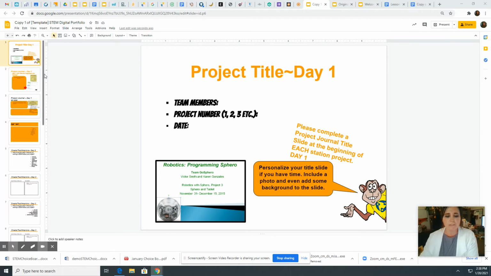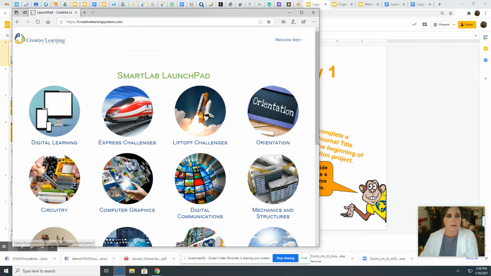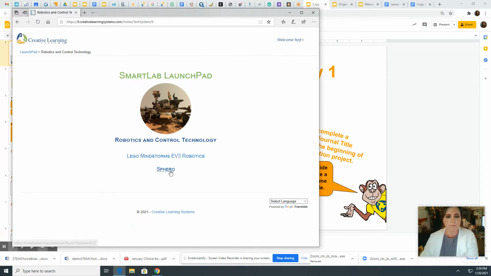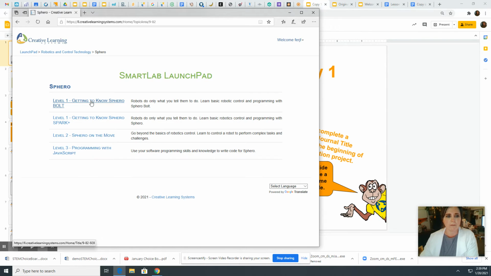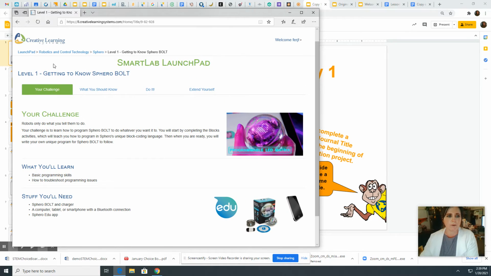In Exploration Day 1, you're going to pull up your Learning Launcher. For this example, I've pulled up from the Launchpad the Robotics Learning Launcher for Sphero. Remember, I'm going to start with level 1 and make sure I read the tabs in my Learning Launcher. It's very important for Exploration Day 1. It's going to tell you your challenge, what you are learning, and the stuff you will need for your